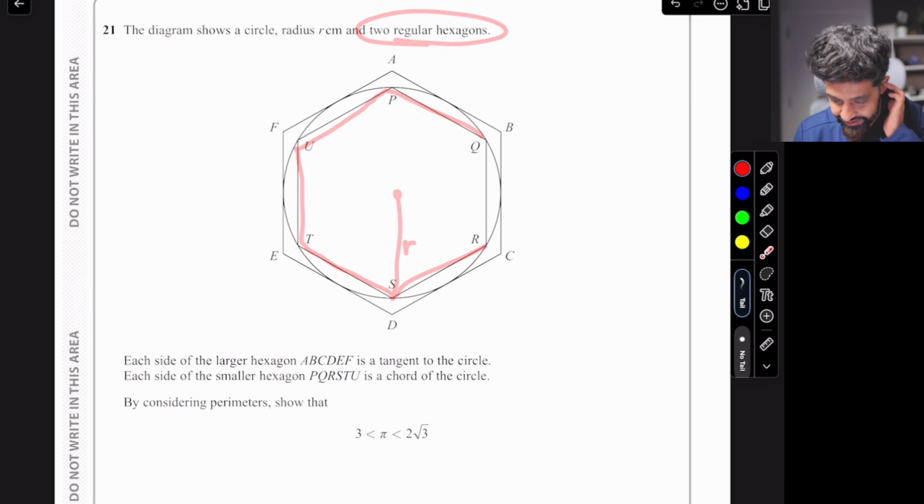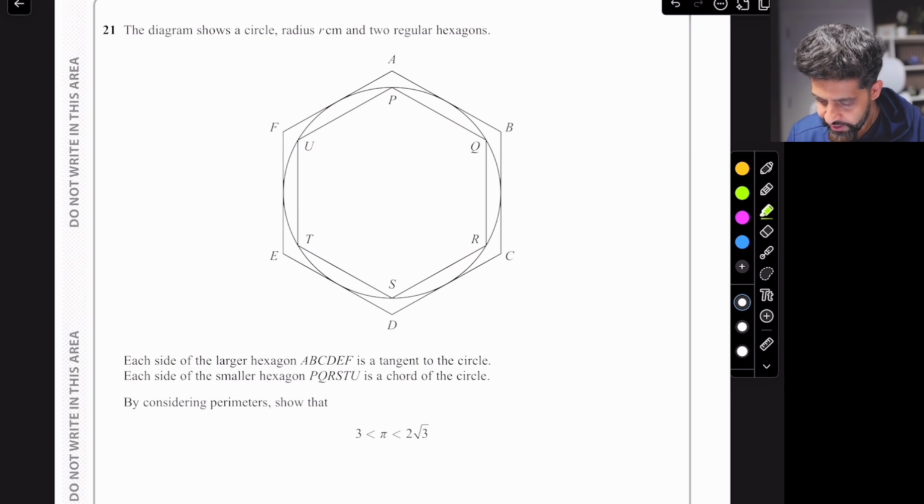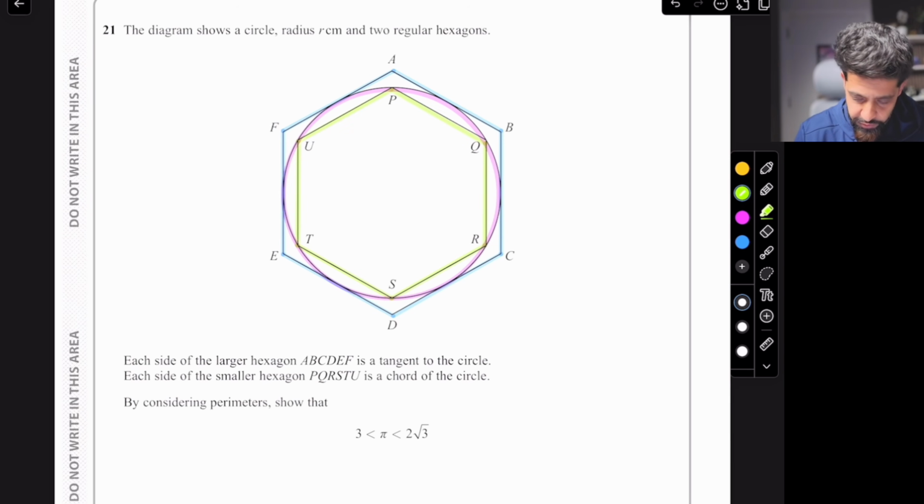So I'm told that there's two other hexagons, right? So there's lots happening here. Let me just see if I can highlight this in a different color so you can follow what's going on. So this is my circle. Yes, done. That's my circle. Then we have the big hexagon, and then we have the smaller hexagon inside the circle. I've distinguished this to you, so when I'm explaining, you may be able to follow things a little